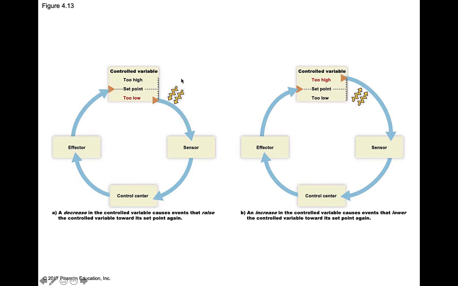So the controlled variable, we have the set point. Here's what it's supposed to be. So this is what's happening when it's too low. Okay, so there's the input. The sensor detects the change. It goes to the control center, and then basically the effector is going to bring it back to its set